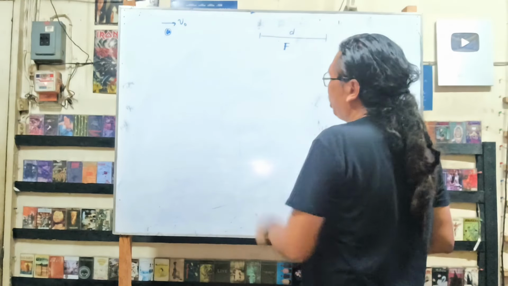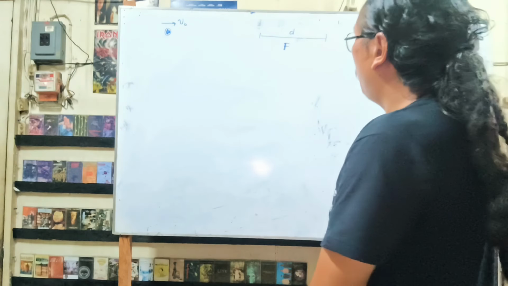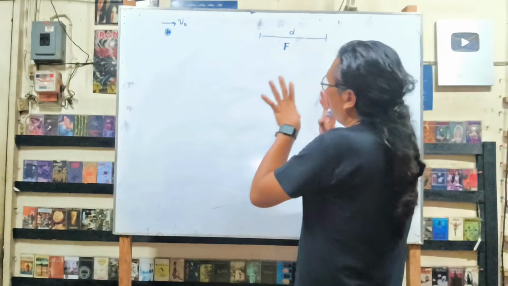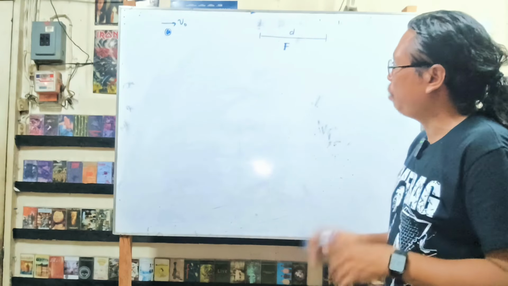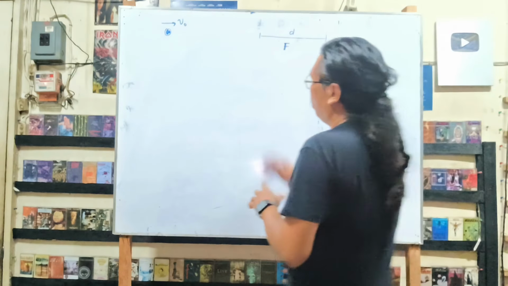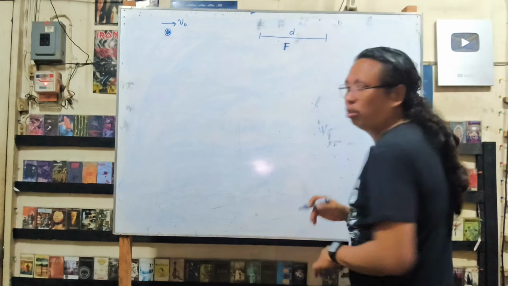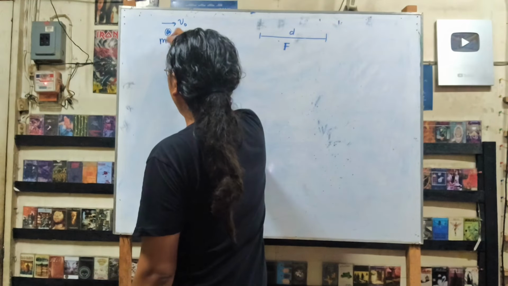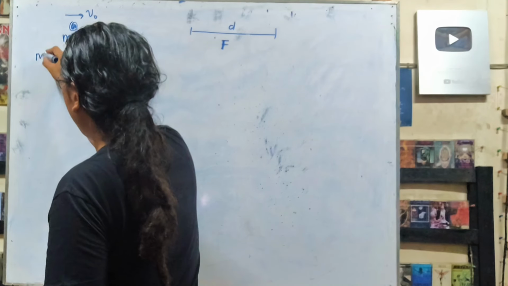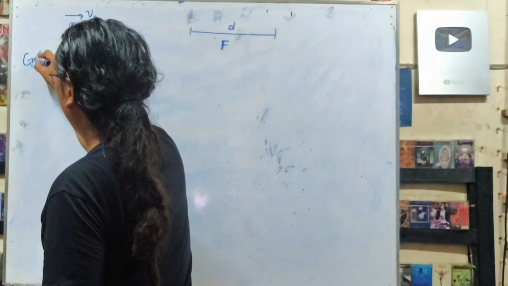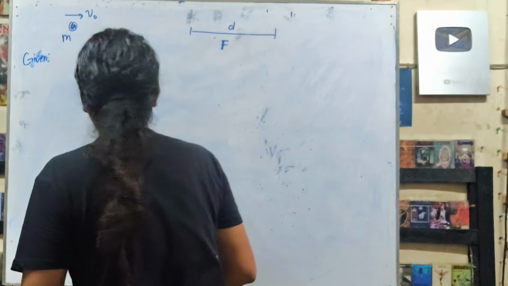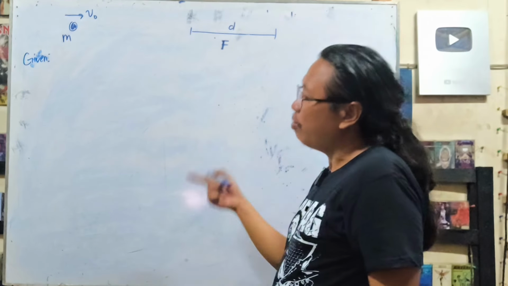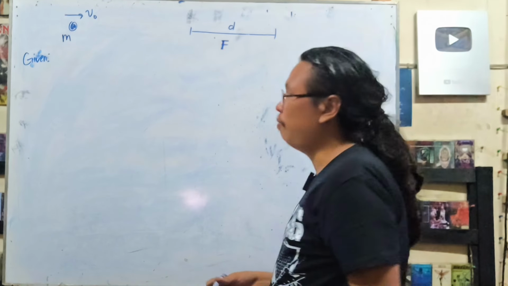Okay. Our next problem is impulse and momentum. I will not write the problem, but I'll just explain it to you. We are assuming a one-dimensional motion, and here we have a particle of mass m. So the given is m. You have to list the given even if there are no numbers, in order for you to remember that the final formula must be in terms of all those given.